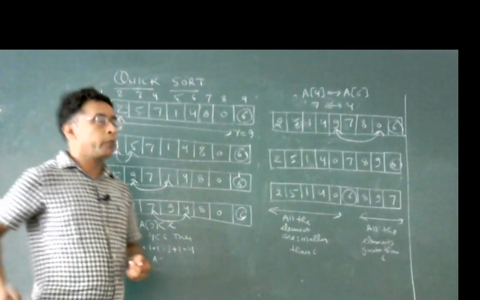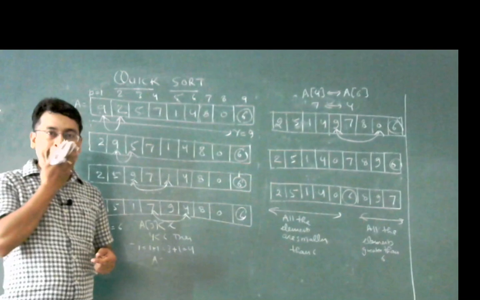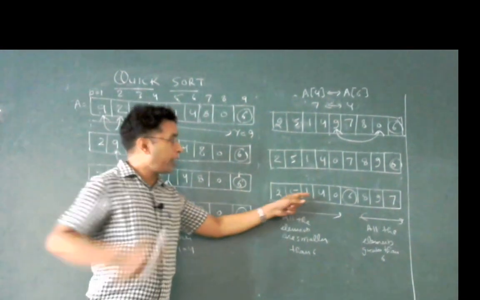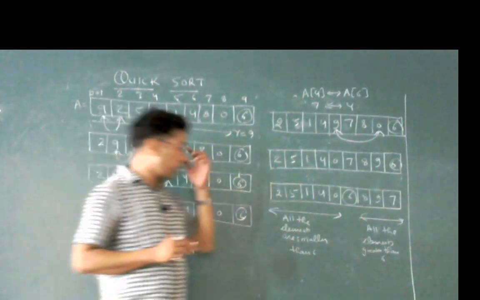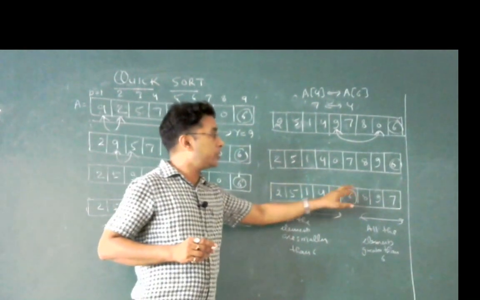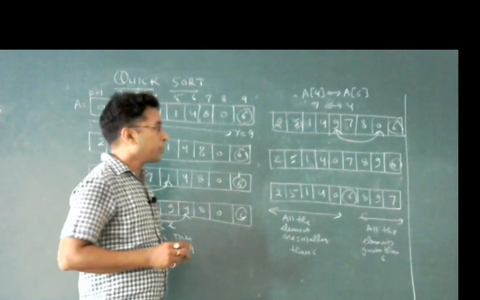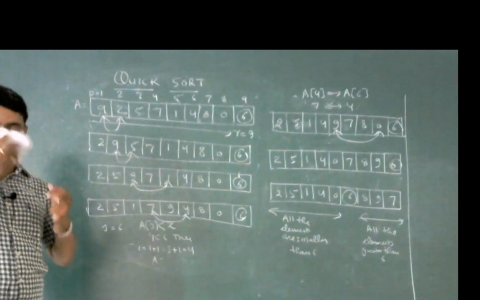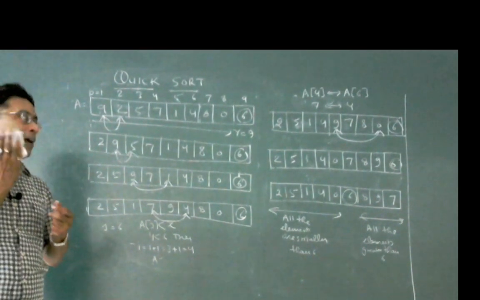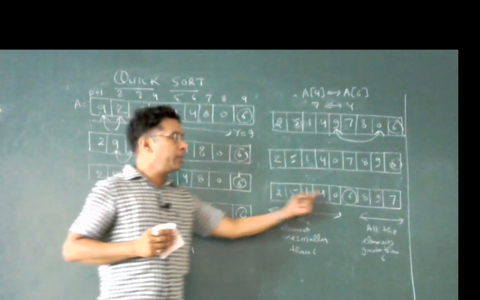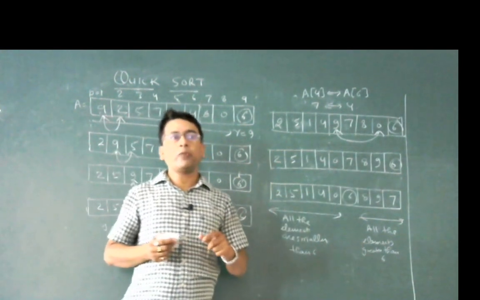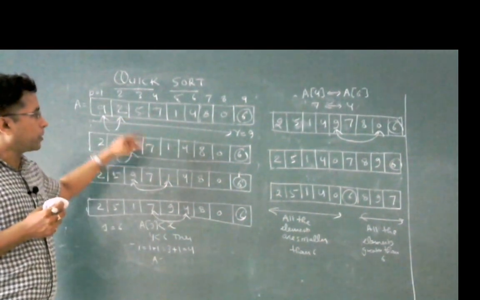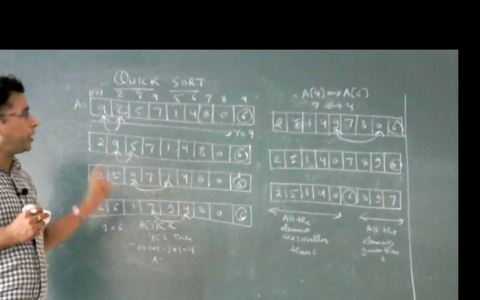So quicksort has divided the array into two partitions, and after this the position of 6 is final, without sorting the complete array. So without sorting the array we have just found out the position of the pivot element, and we shall repeat the procedure over these two partitions to finally sort the complete array. So this is the quicksort technique.